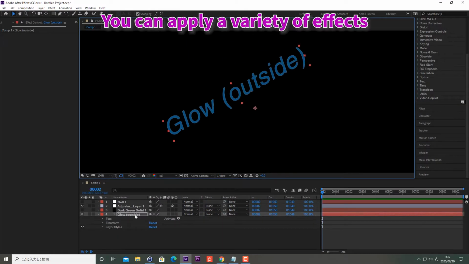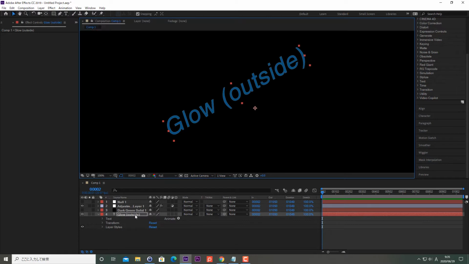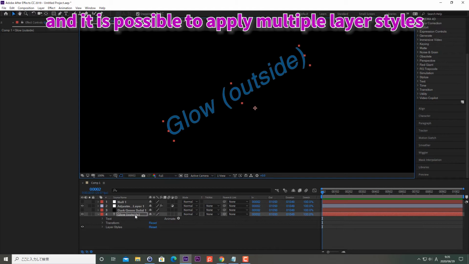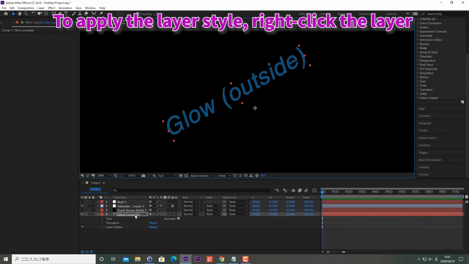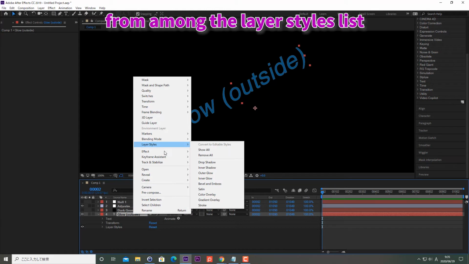You can apply a variety of effects to the layers of After Effects called layer styles. Drop shadow, bevel, and emboss are effective, and it is possible to apply multiple layer styles to a single layer. To apply the layer style, right-click the layer and click the layer style you like from among the layer styles